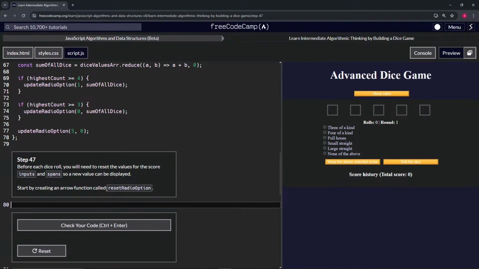So we'll create an arrow function called this, const reset radio option. And this is going to equal a set of parentheses with no parameters in it. And then we'll also have this right here, the empty